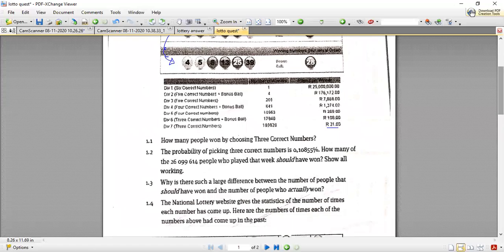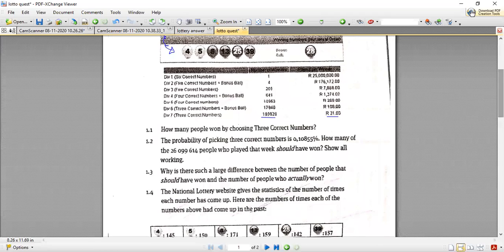Now, the first question is, how many people won by choosing three correct numbers? Simple. As you can see, it is 199,929 people. We can read that from the information provided. The next question is 1.2. The probability of picking three correct numbers is